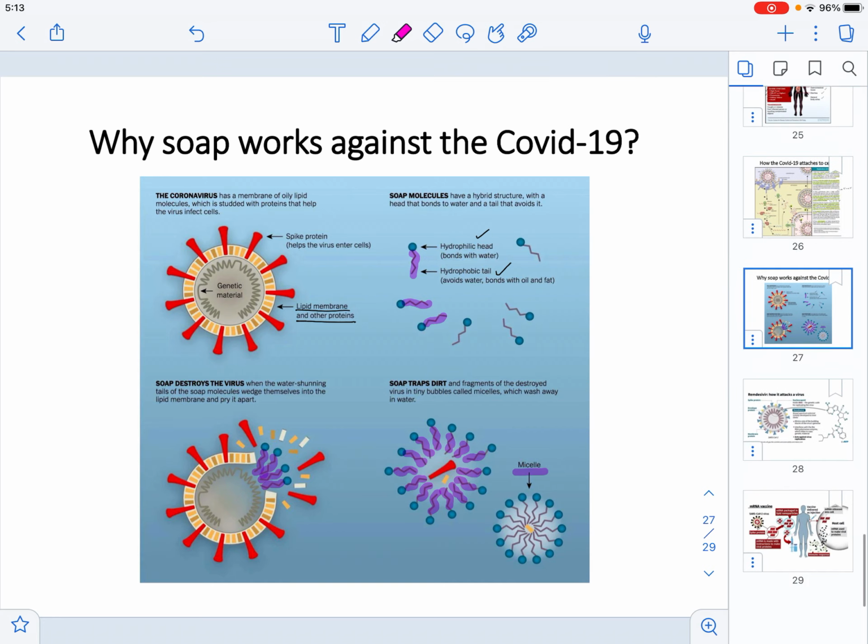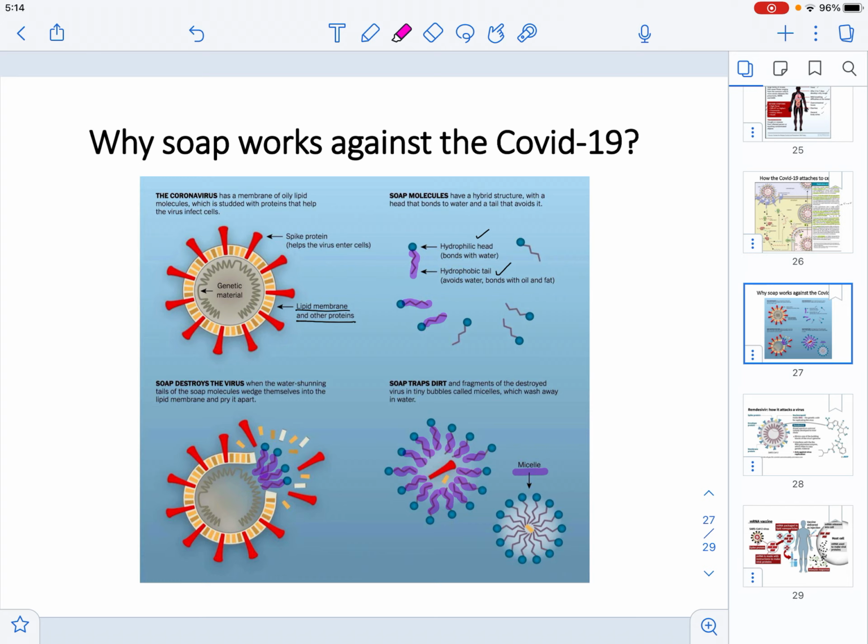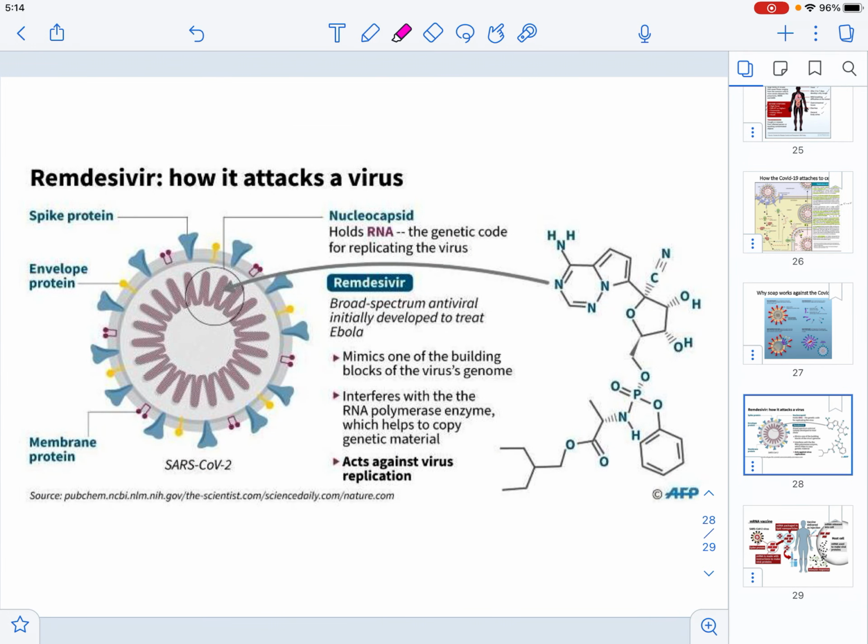There are other methods that are utilized to also have effects on the COVID-19 virus. Okay. One of the other target methods for COVID-19 is through small molecules. Okay. So one of the treatments for COVID-19 is the treatment with Remdesivir. Okay. Remdesivir is a molecule that is considered a broad spectrum antiviral treatment that was first developed